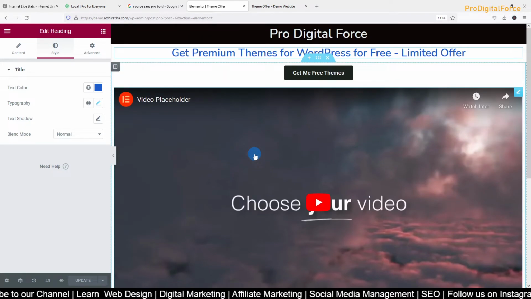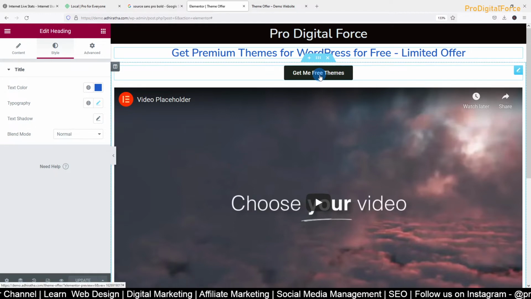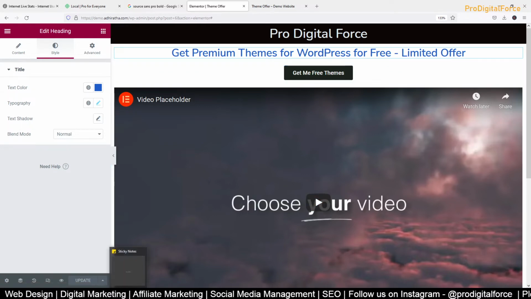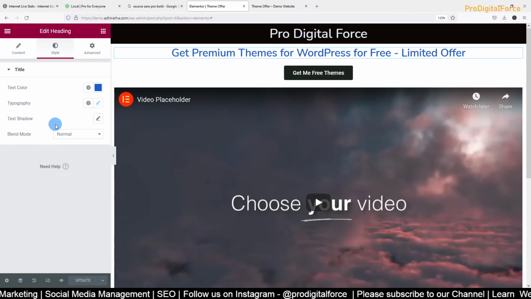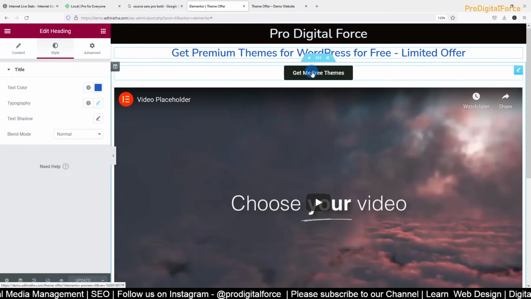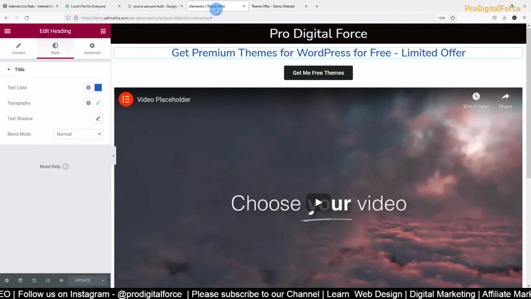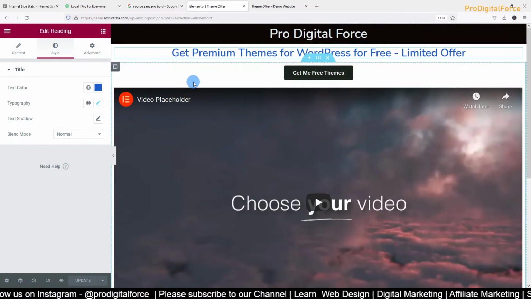Now when they want this free premium theme, they have to click on this button. When they click on the button, there are two options. One is that you give them one more page where they enter their email ID, contact number, etc. Then the third page comes with the details. But if you have a paid version of Elementor, we can create a pop-up option where by just clicking on this, he gets a pop-up. He can enter his email ID and get to the next step. So there are two methods. Instead of creating that second page, maybe we'll use something like that.